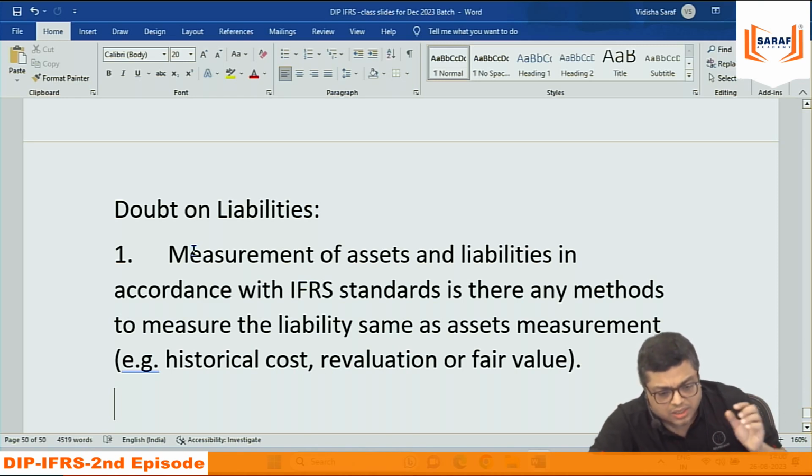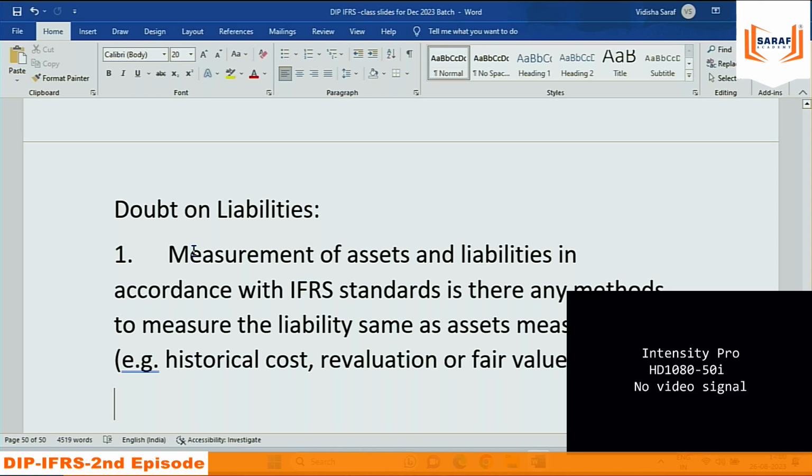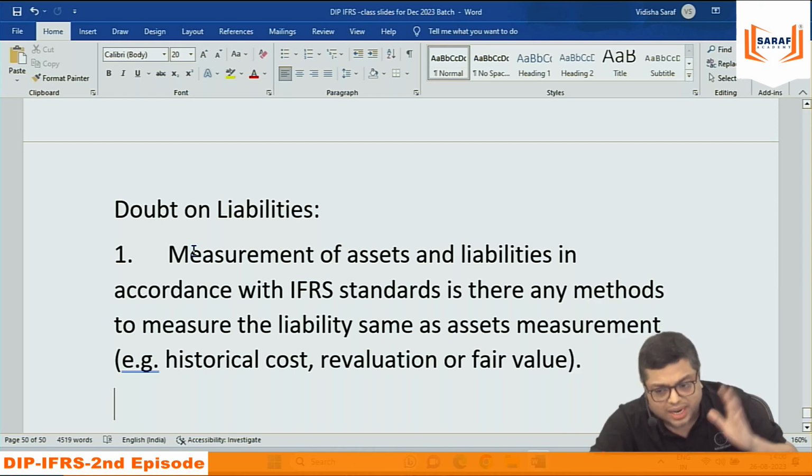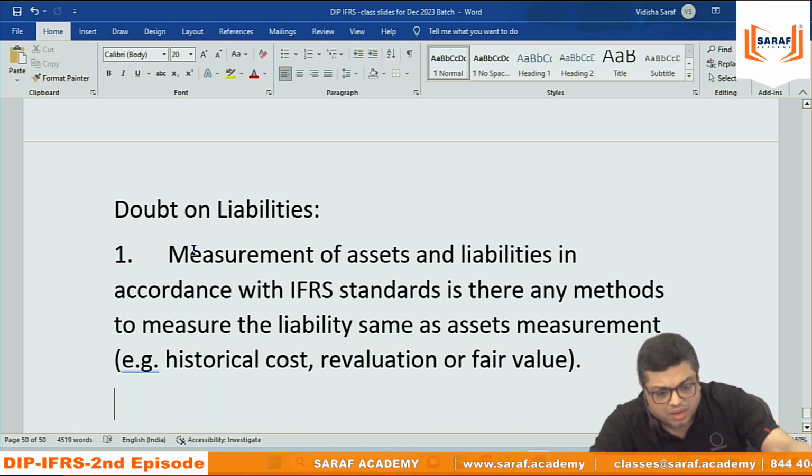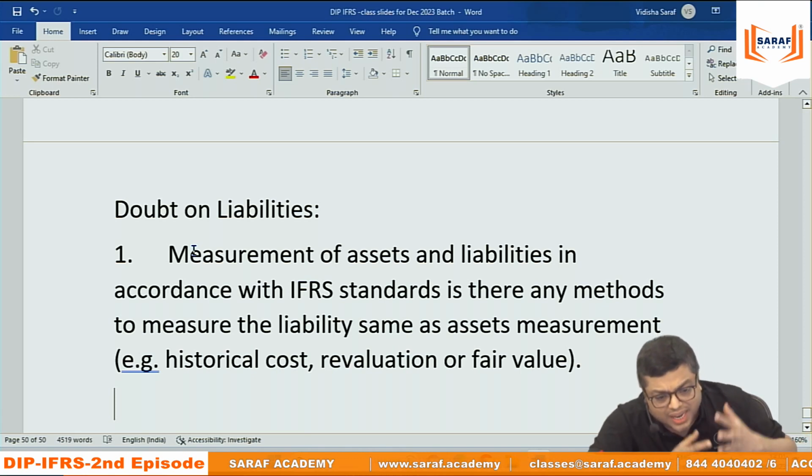Like suppose somebody has invested in cryptocurrency, Bitcoin or anything. Still today, there is no accounting standard in IFRS or Ind AS relating to cryptocurrency. Then you need to apply common sense: how will we be recording the investment in cryptocurrency? I'm not discussing that right now, but this answer cannot be given now because every IFRS has rules for valuation